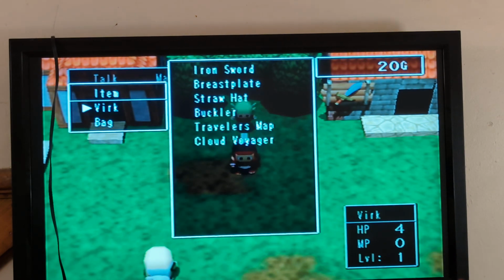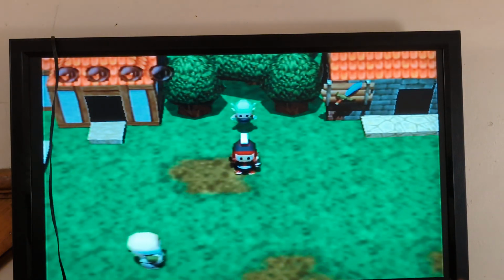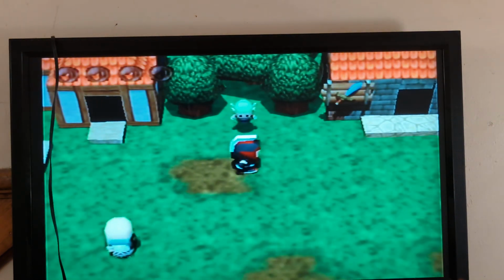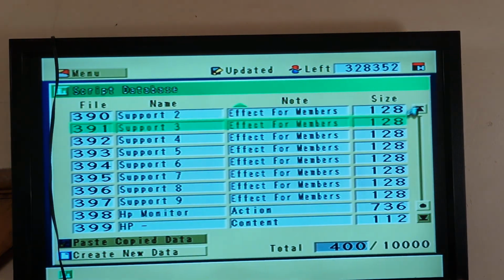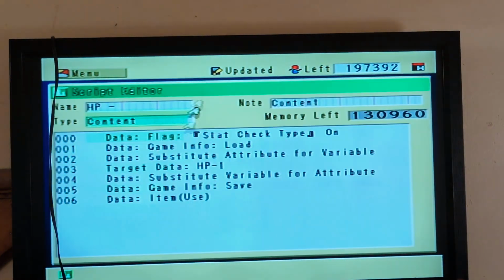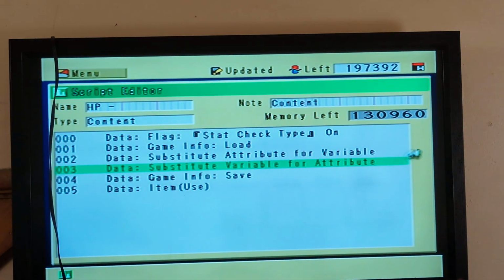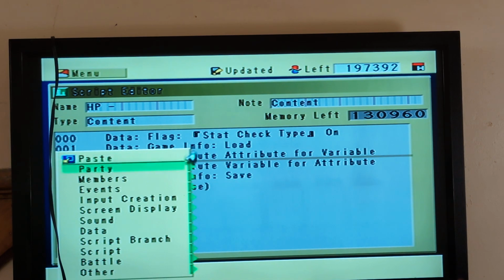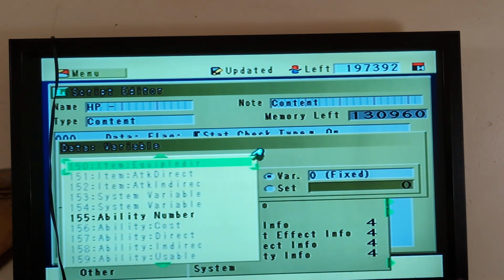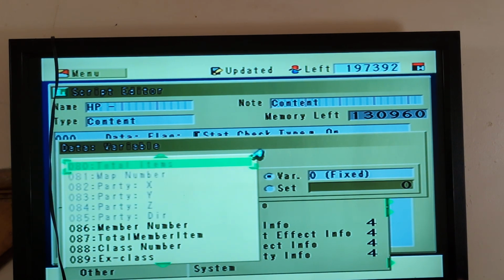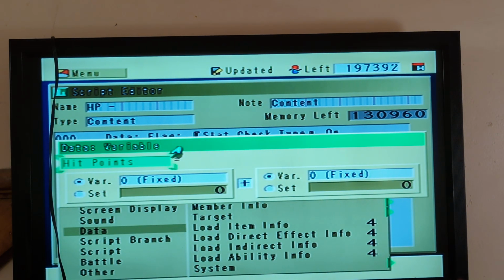So, let's go to poisoned apple and use on Verk. I still have 4 hit points, so that didn't work. Go to scripts, HP, and instead of target data here, we'll delete that and we'll go to just data. I think this is just a better function anyways, just data variable number 97 hit points